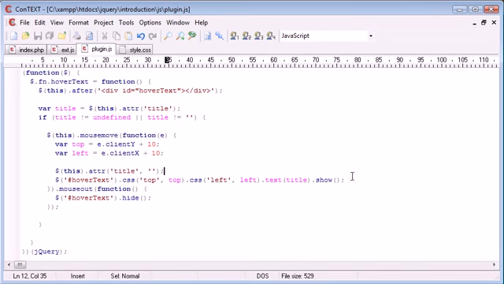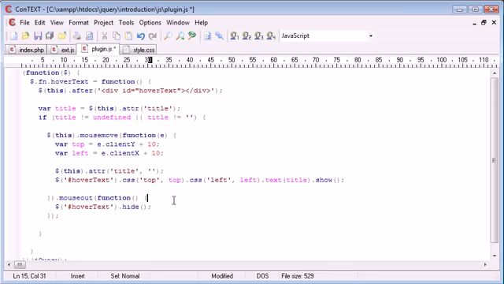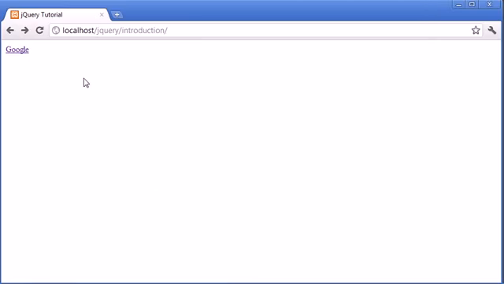So what we want to do is make sure that we actually reapply the title attribute a bit later on. So when the mouse comes out, we want to restore the title attribute back to its original value. So again, we go this dot attribute, and obviously the attribute is title, and we want to set this to title. Remember the variable that we took earlier. So although it worked before, we want to make sure that we replace the text before we go ahead and actually